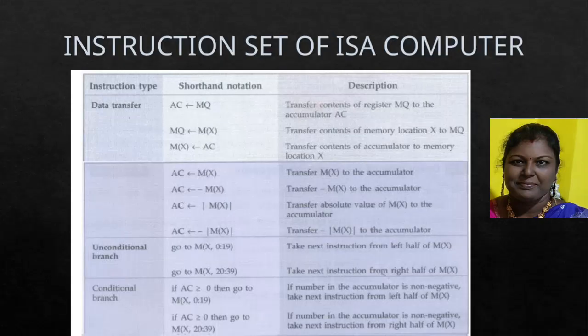Now, let's dive into the instruction set of an ISA computer. This is the fundamental language the processor understands, the commands it follows to perform tasks. Each instruction tells the machine exactly what operation to carry out, whether it's moving data, performing arithmetic, or controlling program flow. Understanding this set is key to grasping how software communicates with hardware and how complex programs break down into